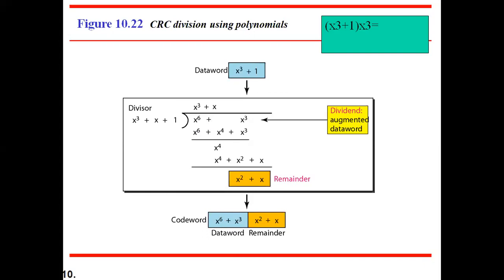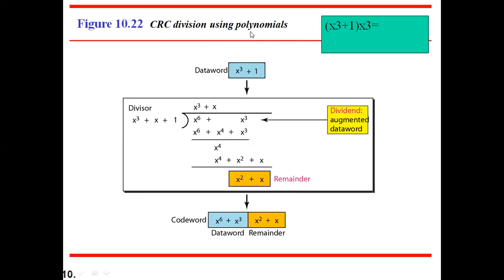In the question paper also, most of the time he may give directly the data word and divisor bits, or he will give binary data that you first have to represent in polynomial form and then perform the division. Once you represent it as a polynomial, then generate the generator polynomial, perform the division operation at the sender side, then perform the division operation at the receiver side. Then, depending on whether the remainder is 0 or something else, you decide whether an error has occurred in the transmission. So that is what we call CRC division using polynomial.